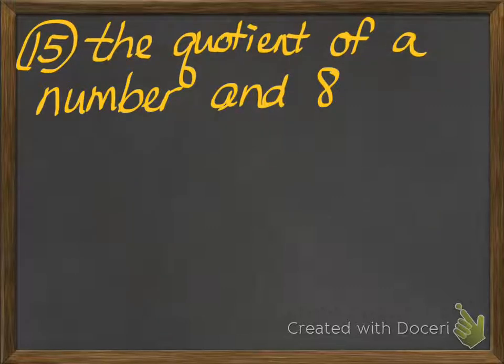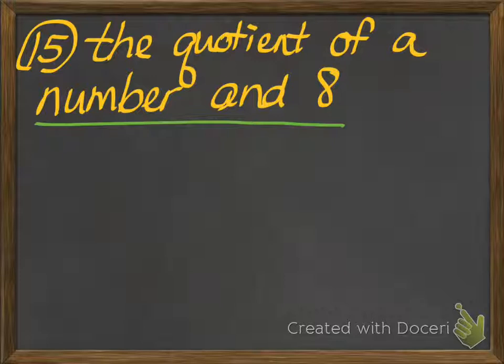Number 15, the quotient of a number and 8. This one's tricky. Okay, I'm going to be honest, 5th grade, I don't like the way that this problem is worded, because when they say a number and 8, I'm not exactly sure what should be the divisor and what should be the dividend. But this is a problem from our book, and if it's a problem in our book, it could potentially be a problem on a test. So I wanted to include this one, even though I think it's written badly,